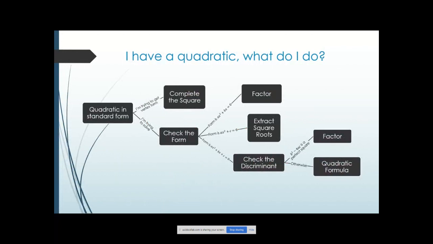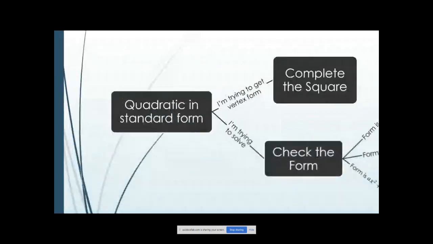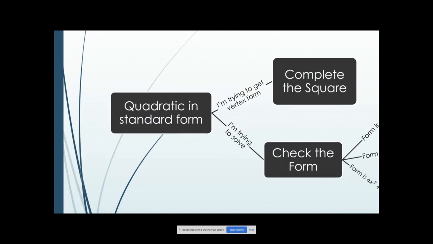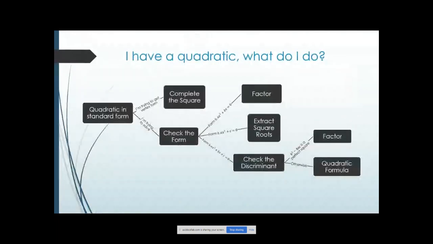Okay, so because there are 4 different methods for solving quadratic equations, a lot of people get confused on which one they should use. And so I've made this little chart. I'm going to zoom in so that we can see it a little better. So you've got a quadratic, and you need to have it in some form in order to determine which one you're going to do. If you're trying to get vertex form, which is something you'll learn about in 3.1,